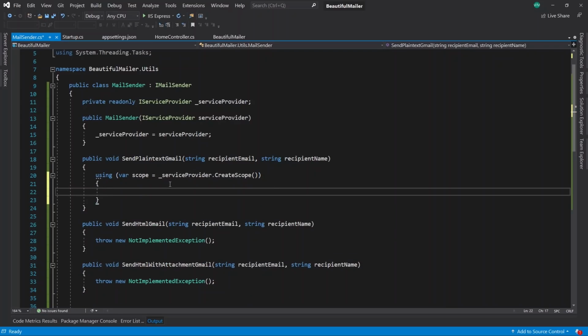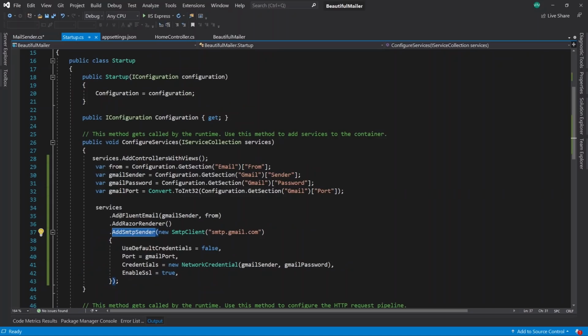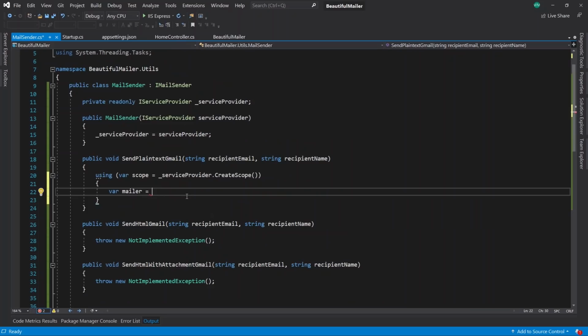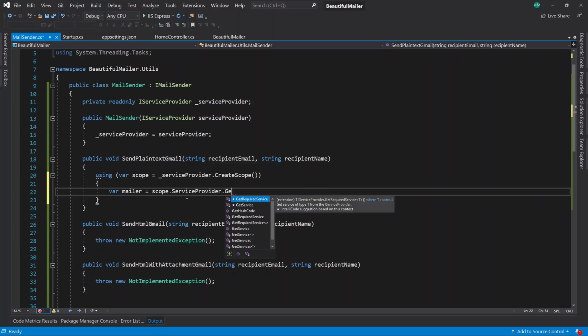And so now what we can do here is var mailer. We are trying to access this mailer that we created here, right? Okay, so var mailer is equal to scope.ServiceProvider.GetRequiredService,